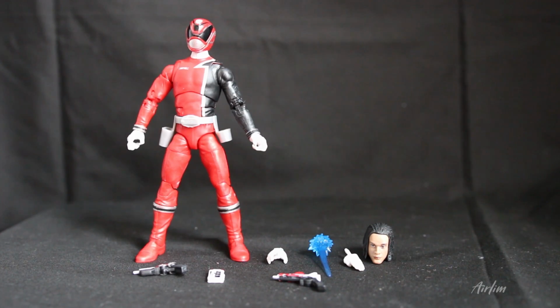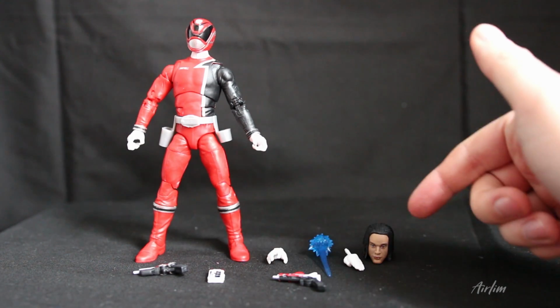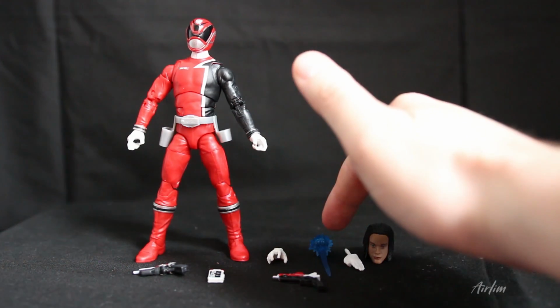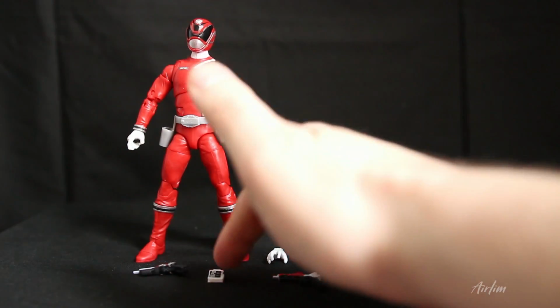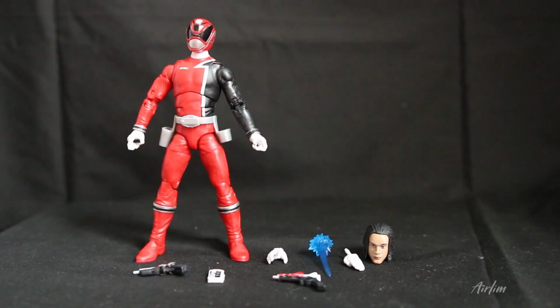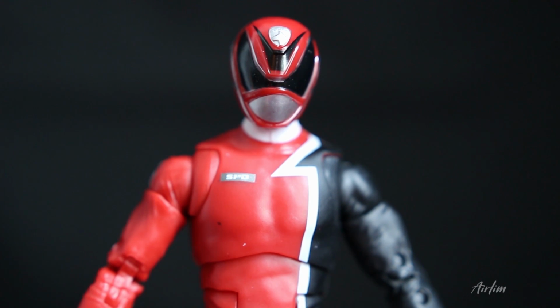And here is SPD Red. So this is what you get. You get his head. You also get two hands, the special effect, the two blasters, the Magnum blasters, I think, and then the SPD license, and of course, the actual figure. And here is SPD Red, or Jack, and I've got to admit, I am not a fan of this figure